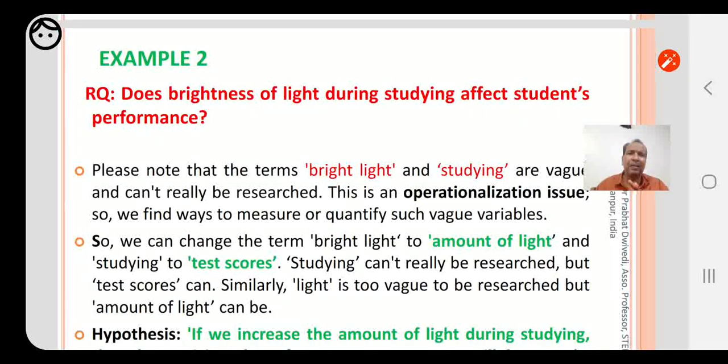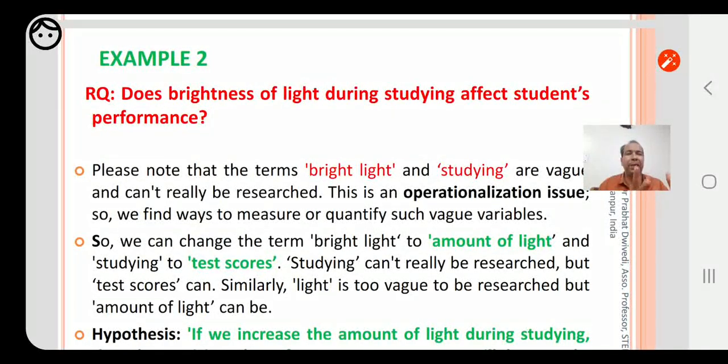And studying cannot be measured, but test scores can be measured. Their performance in the form of test scores can be measured. So now, if we convert bright light to the amount of light and studying or performance of a student to test scores, then these terms become measurable.